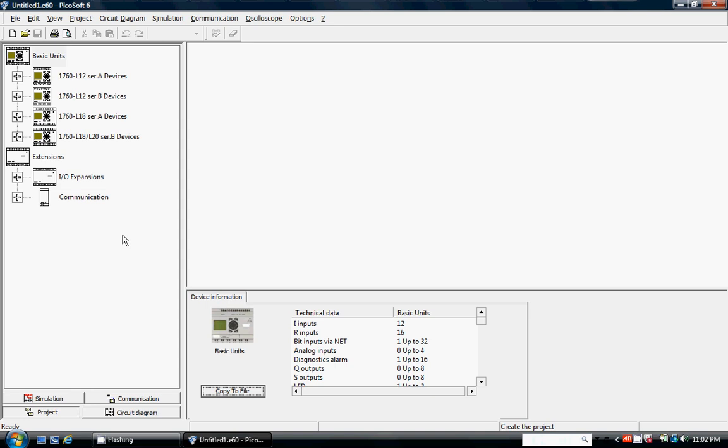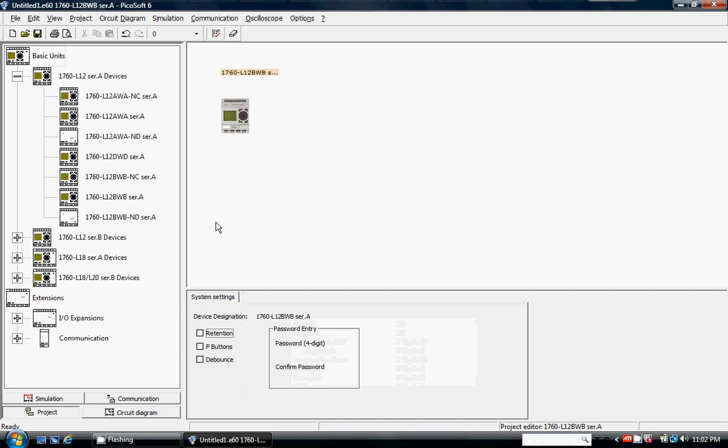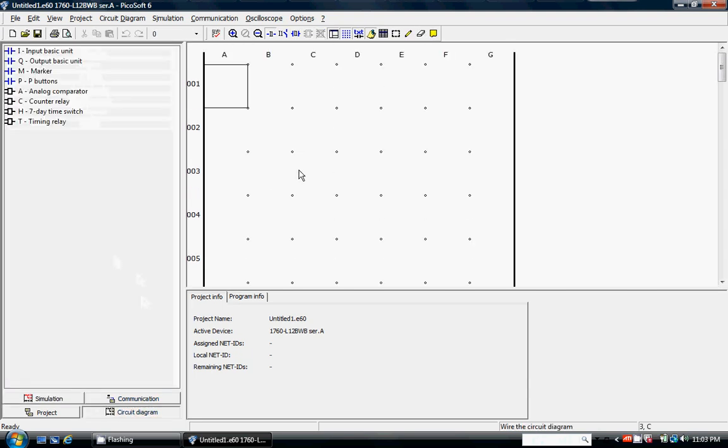Okay, this demonstration is going to be on timers and the use of timers in PicoSoft. To start the program, I'm going to go with our normal L12 BWB, click and drag. We should be pretty good at that by now. And I'm going to click on the circuit diagram, and I'm going to take a simple program where I'm going